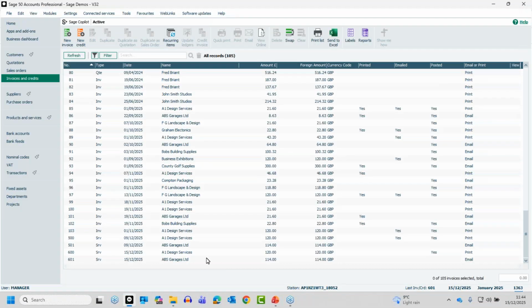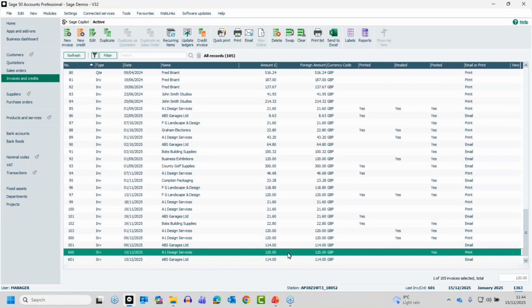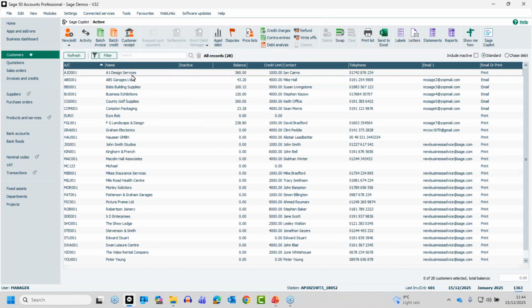Let's close out of that one. Now at that point, the service invoice that we'd entered, you'll see in the posted column, it does say yes. That means it has been updated to the ledgers. And if I go into the customer record,